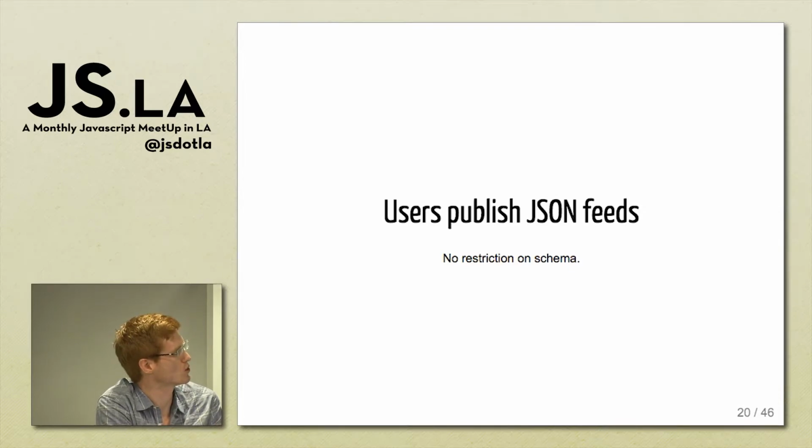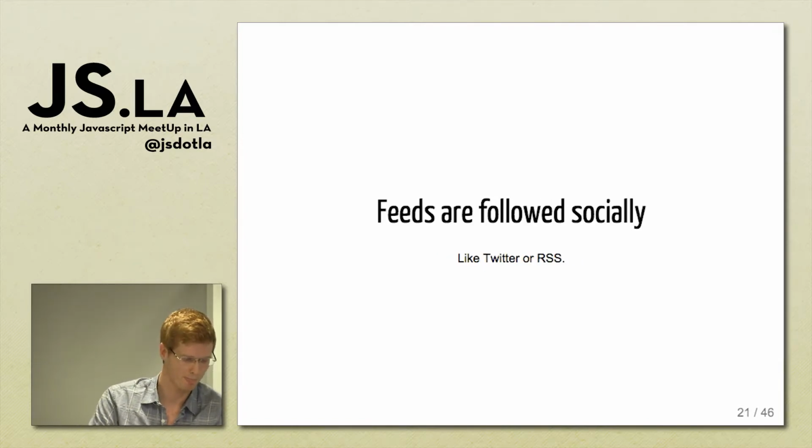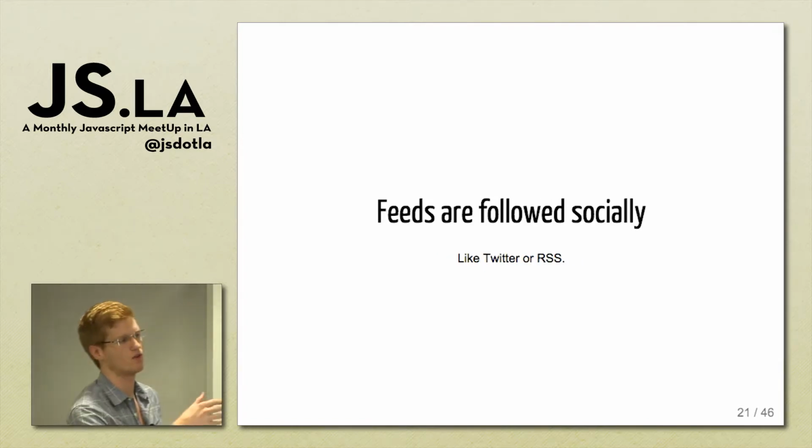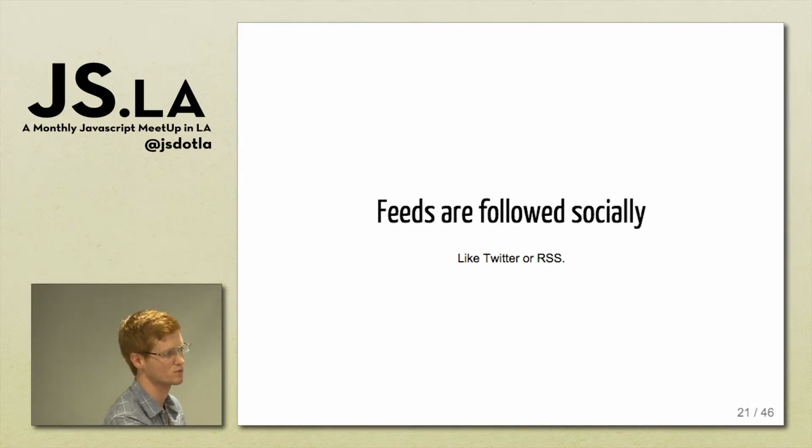We limit each message to about 1 kilobyte each. That's so that whenever you're downloading a feed, if you know there's 1,000 messages on it, we can predict the amount of data that is going to be downloaded. So it keeps the feeds reasonably small for a given set of messages, but otherwise it's fairly free form. Users follow each other's feeds socially, very much like Twitter or like RSS when you subscribe to an RSS feed.